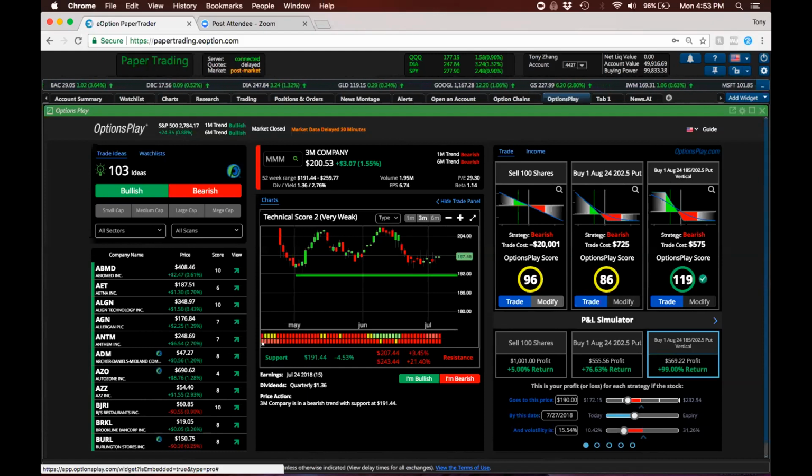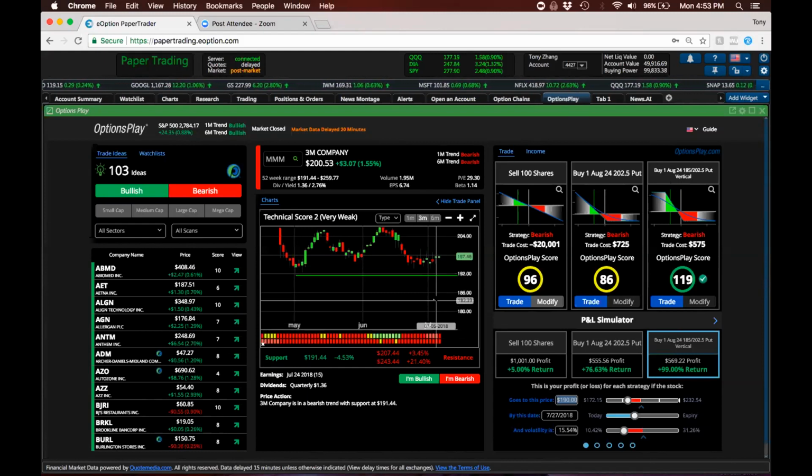And what that translates to is a higher return if the stock does go in my favor. So 3M goes down to 190. As you can see, I'm making a significantly higher return. And I think 190 is a fairly conservative target because it was just trading there a few days ago on July 2nd. So if you're really bearish on this trade, it's not that crazy to say that I think it's going to go to 185 or maybe this 188 level. As you can see, if the stock goes down to 188, which is about $10 lower, a few days after earnings, it's a 6% return on the stock, 102% return on the put, 121% return on the put vertical.